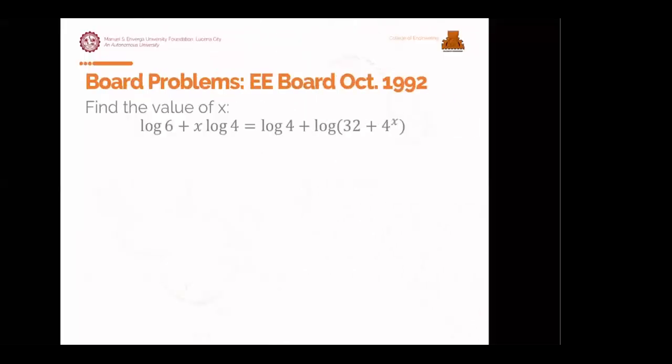Okay? Next, EE board 1992. So, we have yan yung kaninang nangyari, yung pwede natin i-apply ngayon yung formulas natin, yung lahat nung property natin. Since gantong mga problem, hindi siya directly pwede ilagay sa calcu. Or kung kaya ng shift solve ng calcu mo, pwede, pero alam ko sa board exam ngayon, yung lahat ng may shift solve na calcu are not allowed. Okay? So, apply natin. Log of 6 plus, since this is an exponent, we can use log 4 raised to x is equals to